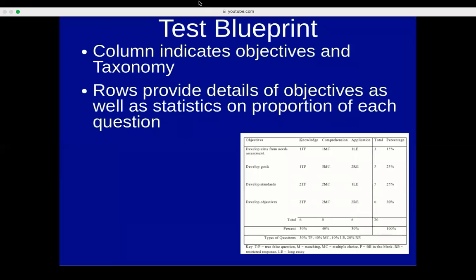Now, this is just a brief summary of what I've already said. The test blueprint, the columns provide you information about the objectives and also about Bloom's taxonomy and even some mathematical stuff, if you will. And the rows explain to you the actual objective and also the proportion of each level of Bloom's taxonomy, as well as the proportion of how much each objective is represented in the exam. It's really, really a beautiful tool that is especially valuable when you're first trying to get out there and make